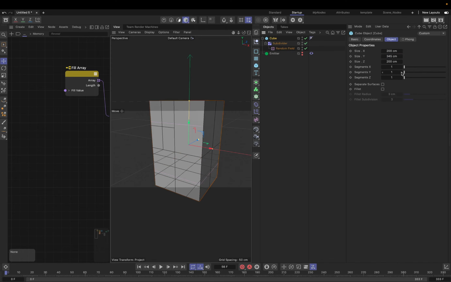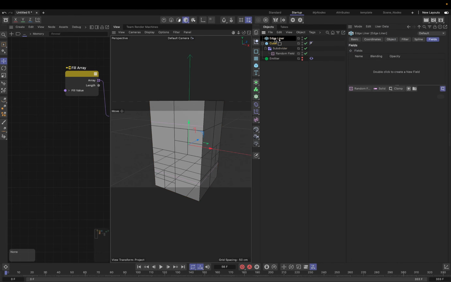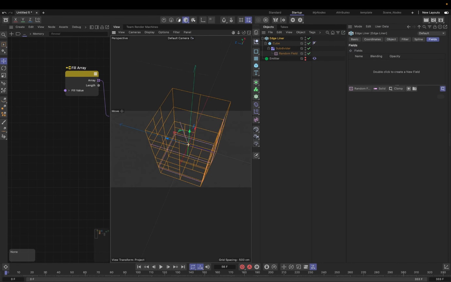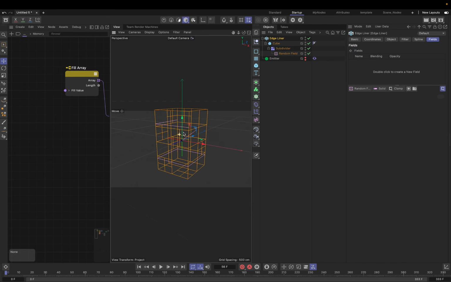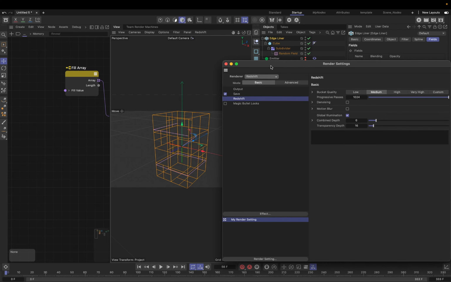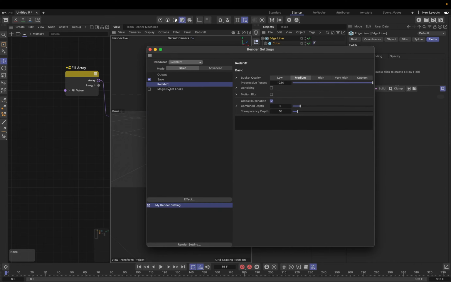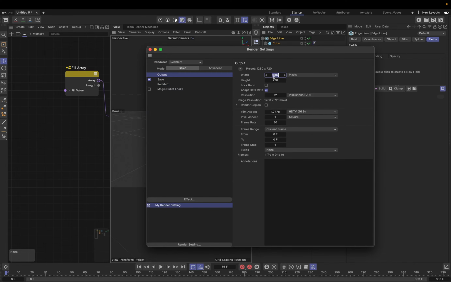Okay, maybe one more. Okay, and let me grab one more thing, Edge Liner, place it here, and got splines. Okay, we got splines, and we can use it as a source for distributing some points over. Let me go to my render settings and change the output, like maybe